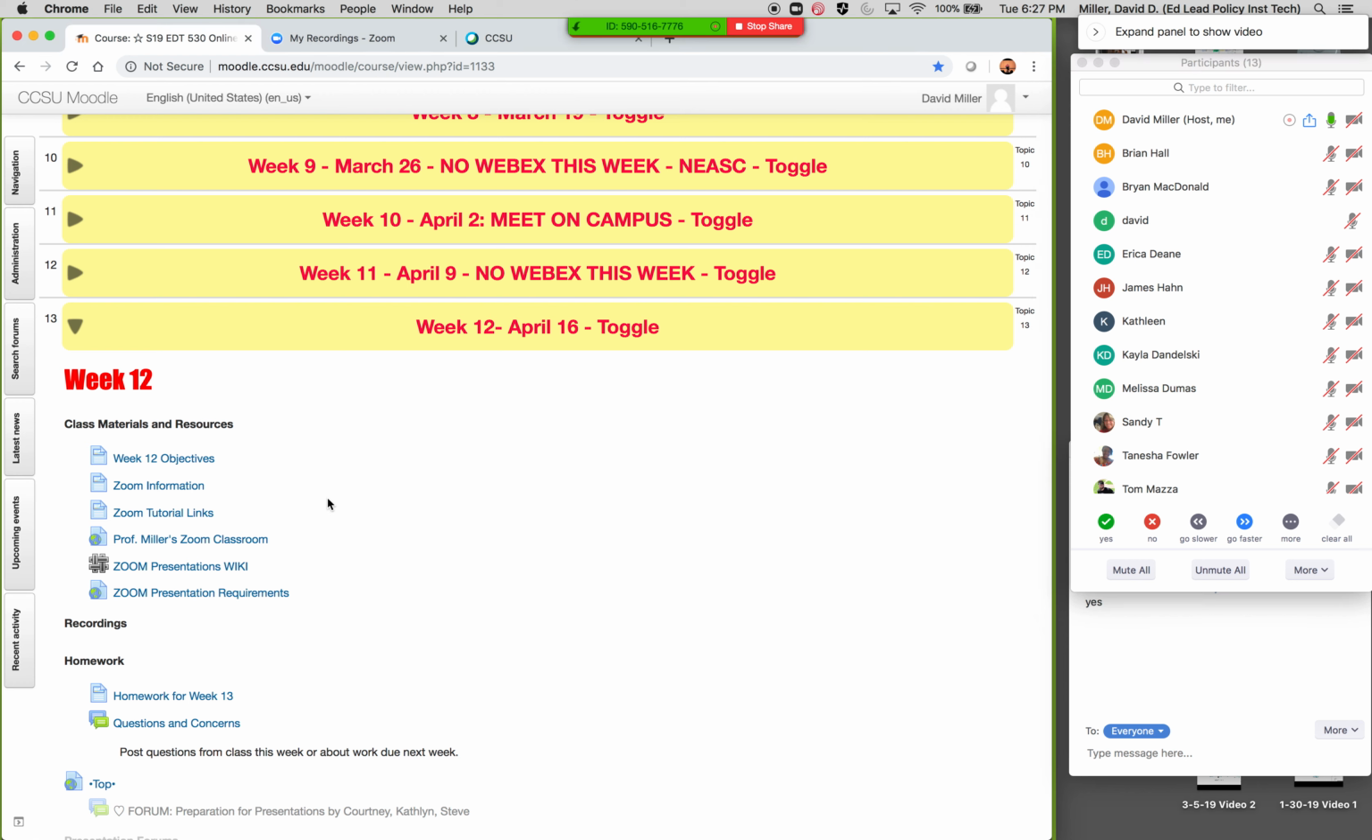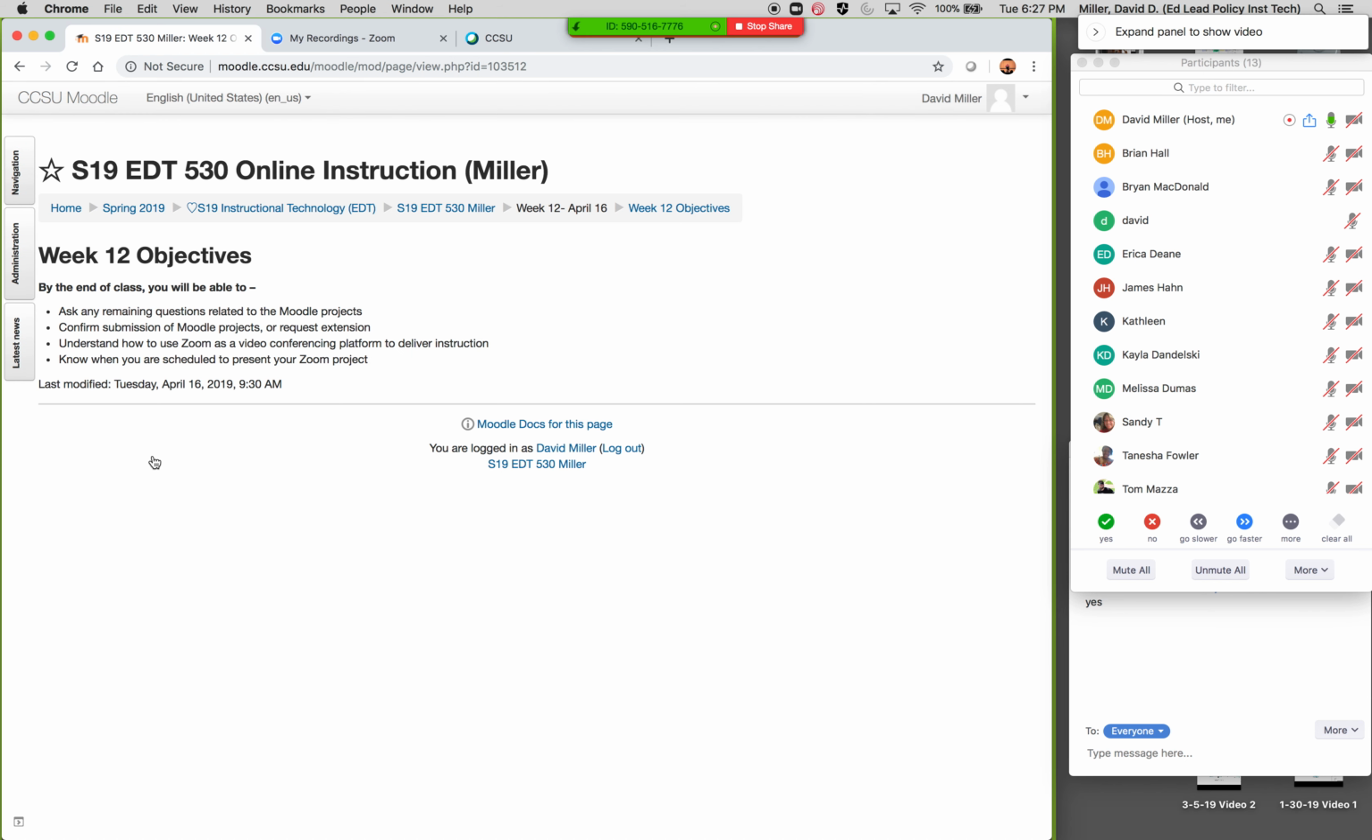Whatever I've shared, anything that I do on my screen, if I go to week 12 objectives, then that'll show up on all of your participants' computers. If you want to annotate, because I made that available, if you on your machines go up to the top where it says you are viewing David Miller's screen, it says view options. One of those should be annotate. And I'm doing that